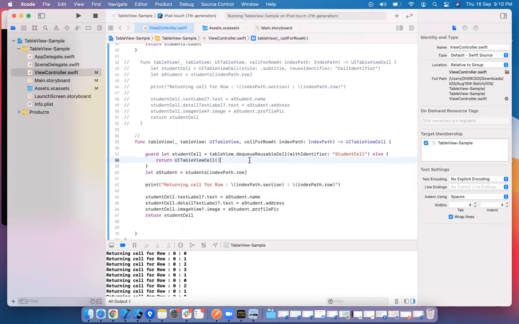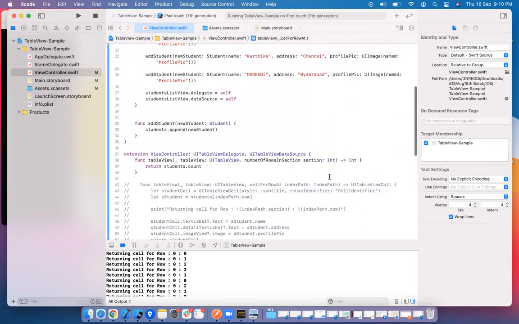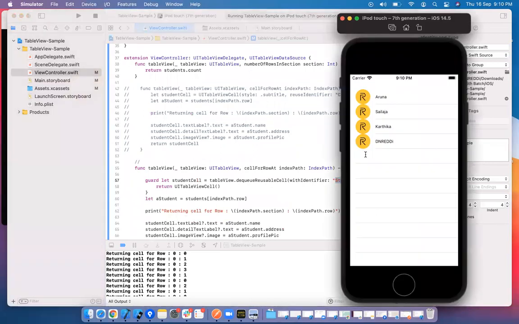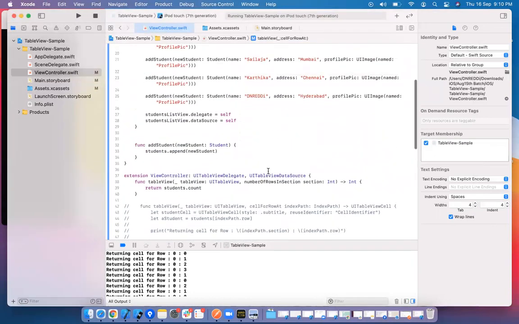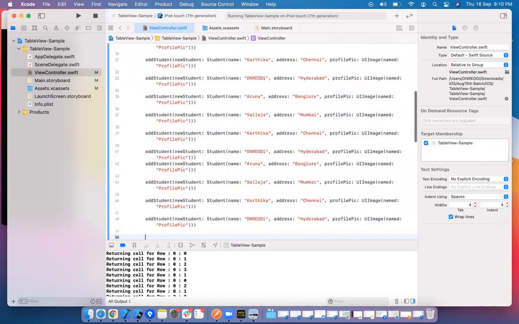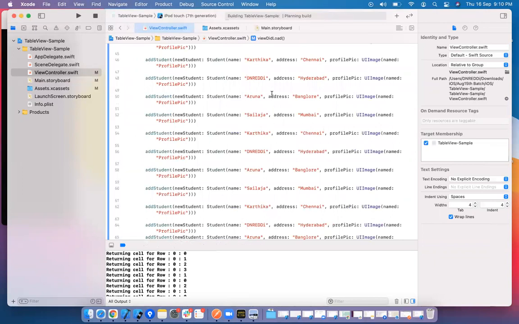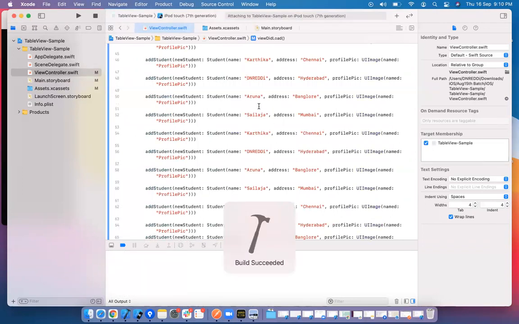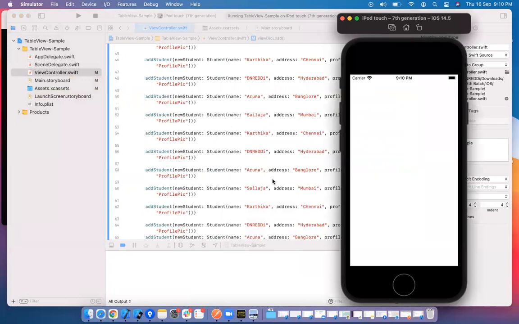This is what happens when you use dequeueReusableCell with a particular identifier. It gives you the free cell if it has, otherwise it creates a new cell. When it gives a free cell, internally it created 4 cells only. Let me have a few more students. I'm having around 20-25 cells.